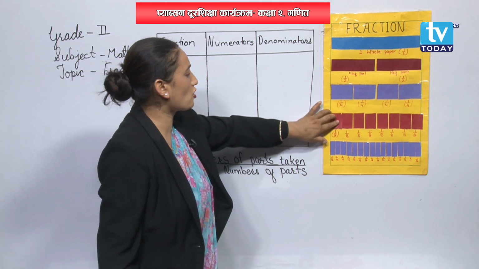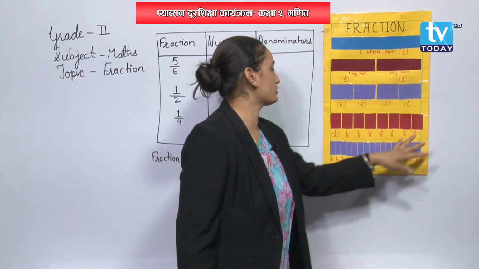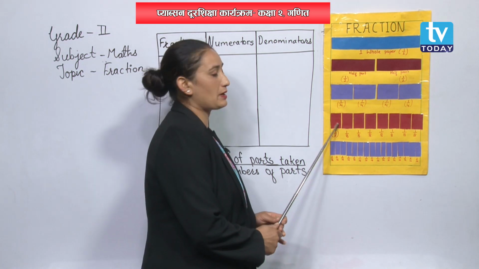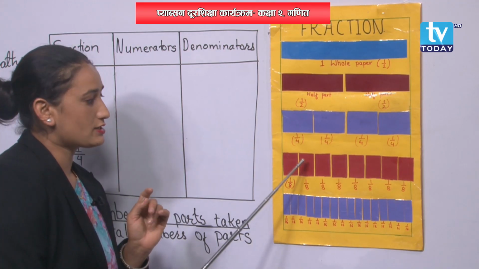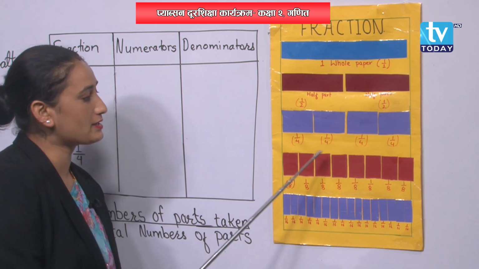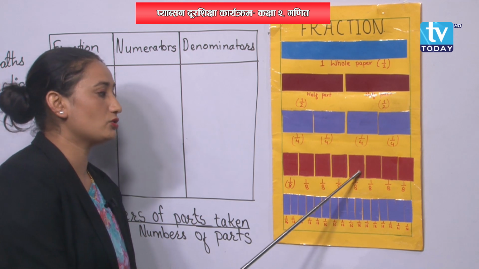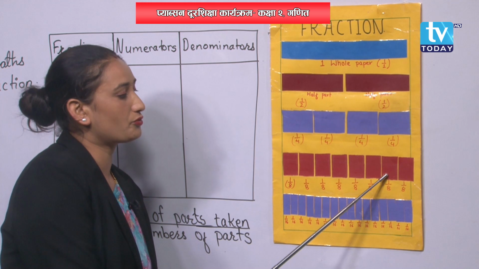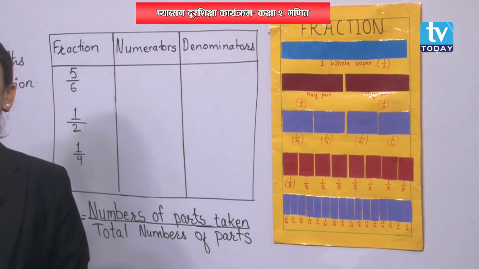Okay, now we are going to cut all this paper into 2 halves, okay. So, let's count it. If I cut this paper into 2 halves, then how many papers does it become? 2. 2 plus 2, 4, 4 plus 2, 6, 6 plus 2, 8, 8 plus 2, 10, 10 plus 2, 12, 12 plus 2, 14, 14 plus 2, 16. Altogether it will be 16.